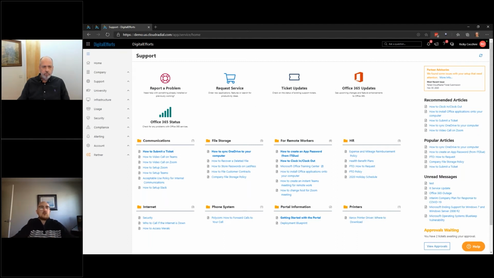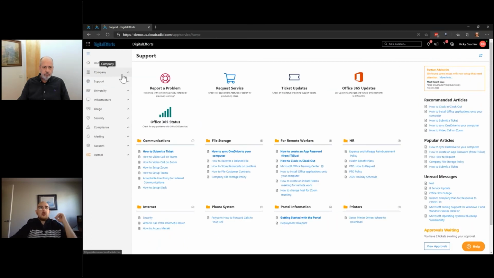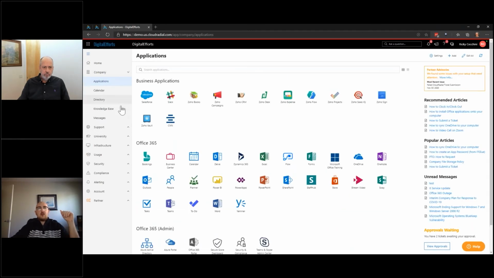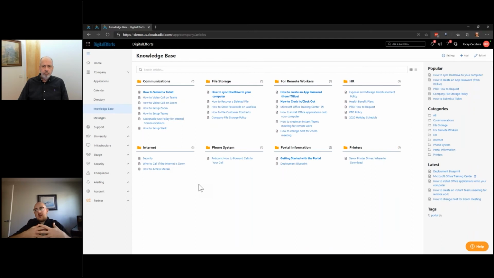So it's natural to want to start working your way down, and keep that in mind for the first couple options. So if the hook is going to be a support ticketing homepage and you want to do a ticketing portal, go ahead, right? If it's going to be that application homepage like I showed you here, that might be good too. And if you work your way down to company and applications and calendar and directory, even the knowledge base, right? CloudRadial has all this stuff built in for that purpose. Give them a place where they can share, they can see information, and they can build off of it themselves